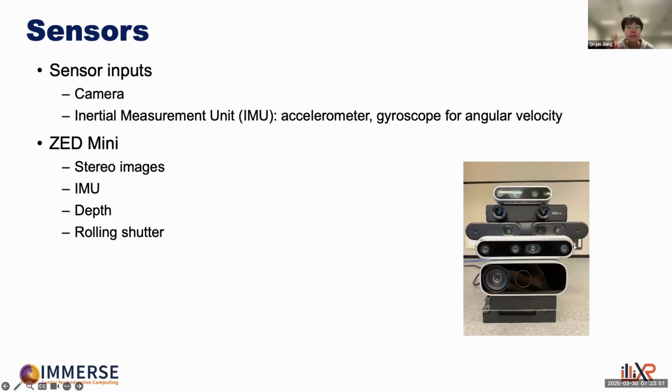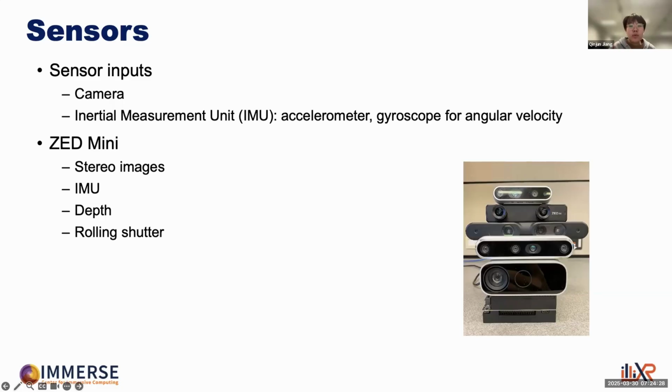But one drawback about that Mini is that its camera is a rolling shutter camera, which means each line of the image is not from the exact same point of time. So if there are many moving objects in the scene, and if you set the exposure time to be too long, then there will be many bad artifacts, and that will make it hard for tracking to do a good job. But we can still make it work, and we actually make it work pretty well inside ILLIXR after careful tuning and calibration.